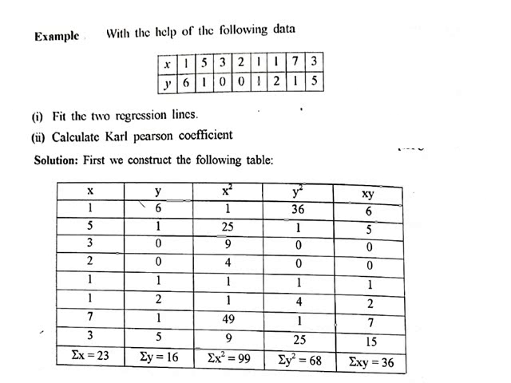Okay. Now we move to the next example. Here in this example, a data table is given, a bivariate distribution between x and y, with x taking these values and y taking these values. Now we need to fit the regression lines and calculate the correlation coefficient. So we first calculate summation x, summation y, summation x square, summation y square, summation xy. All data are needed to get the correlation coefficient and also the regression lines.